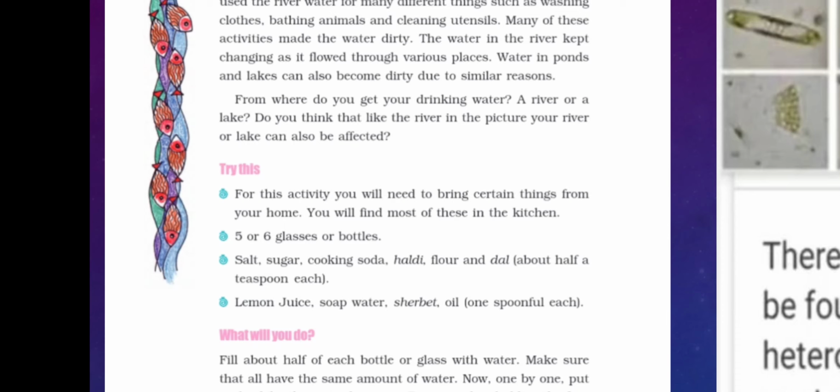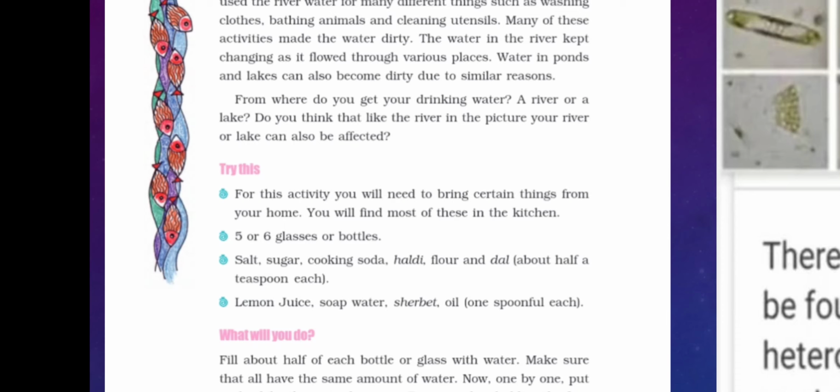River pollution, or pollution of other water bodies like lakes and ponds, is increasing day by day due to us. So this concept is called pollution. Pollution means adding some toxic or harmful element or waste to the water, maybe of a river, lake, or pond, which makes the water dirty and polluted. So from where do we get drinking water?